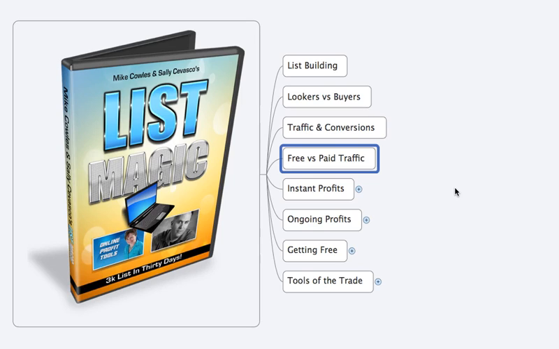And when it comes to building your list, there's two different things we're going to talk about. One of them is instant profits, and these are the profits that are going to pay for your paid traffic. And then there's ongoing profits, which is where the really big money is, and this is how we earn a living and get to quit our jobs and do whatever it is we want to do. But initially, the big thing is that instant profit so that you can pay for your traffic, because when you pay for your traffic, you're getting paid to build your list. And when you're getting paid to build your list, you're getting paid to make money.